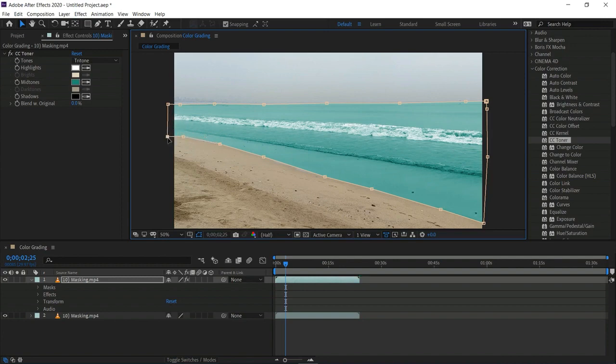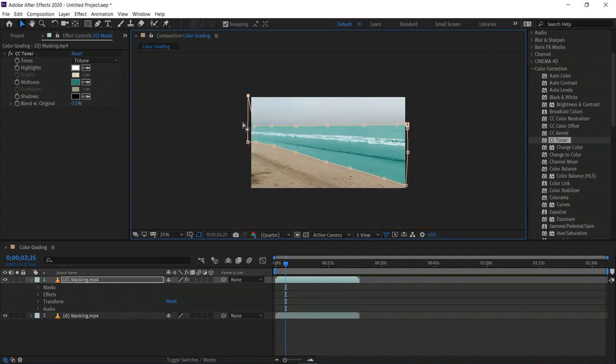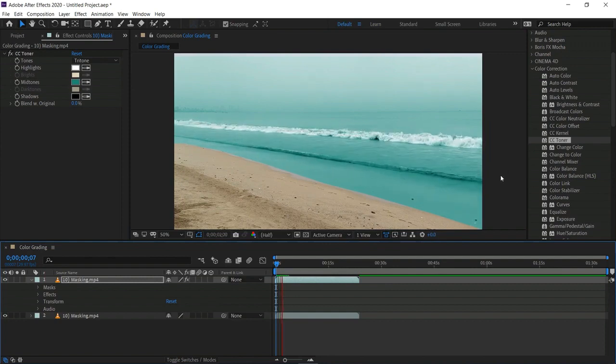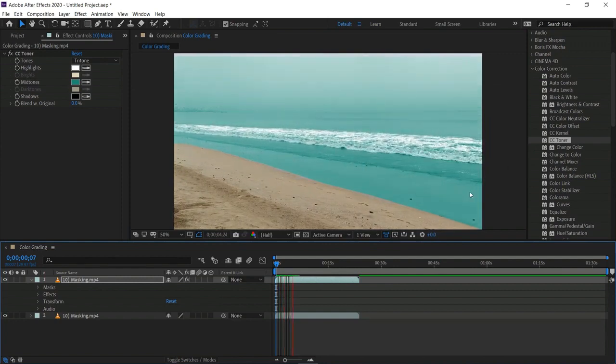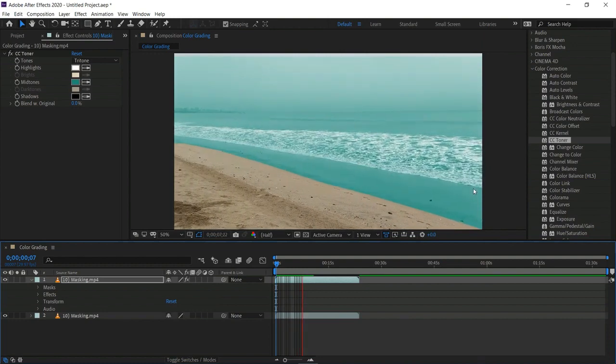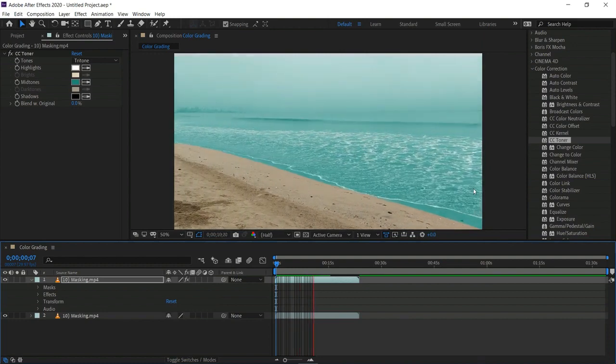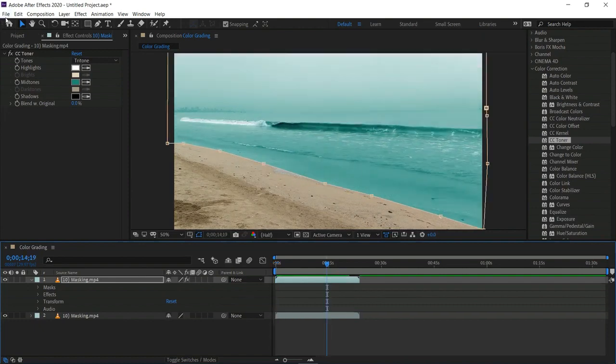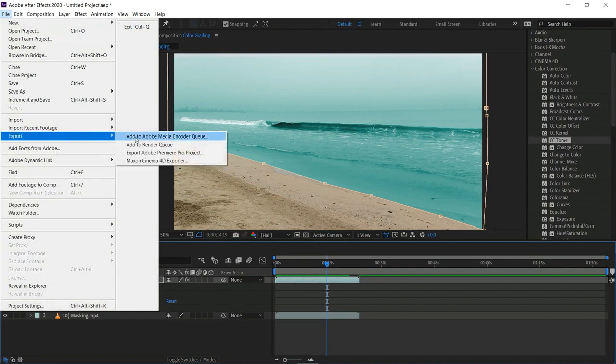So here we have added a little boundary for beach and water, or you can change the boundary as well. You can also cover the entire sky if you choose to edit it. You can have a lot of area in this way. Here it looks a little better than the previous one, and you can also change the color one more time. You can also apply one more mask to the sand or some sections of the sand. You can add more masks, just try to use a lot of color grading effects, and when you are done